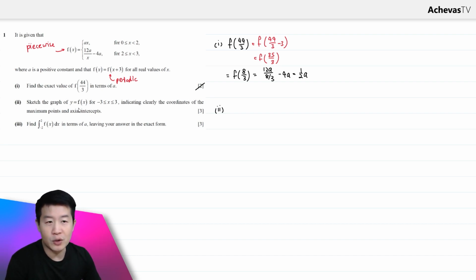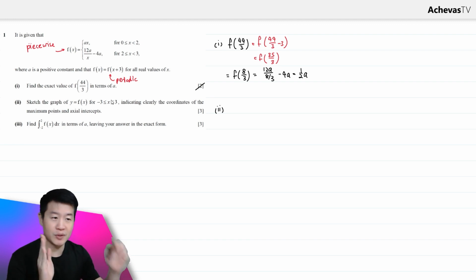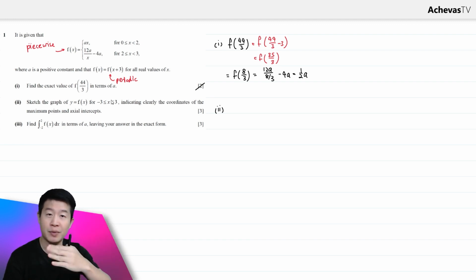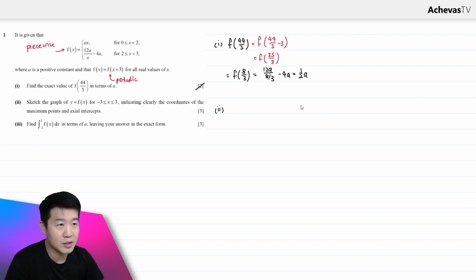Next, part 2, we are going to try to sketch the graph from -3 to 3. It is the same thing. Periodic graph, when we are trying to sketch it, we will sketch one period, just like how you have sketched one period for sine. Then you extend to the left and extend to the right to complete the full set of domain that is requested. So for this, let me do a sketch of one period first. For one period, I'm going to go for 0 to 3, where especially the domain that I'm supposed to sketch will involve 0 to 3. So for this,